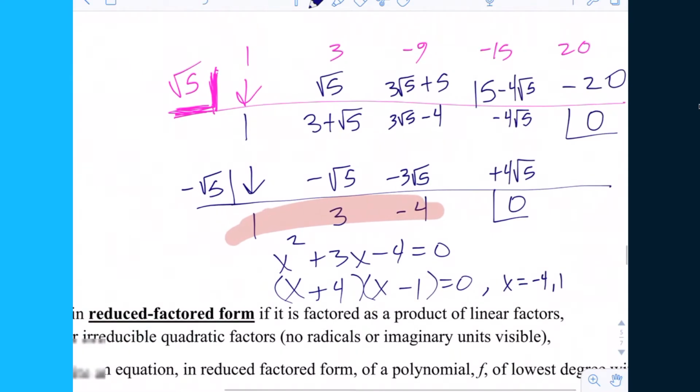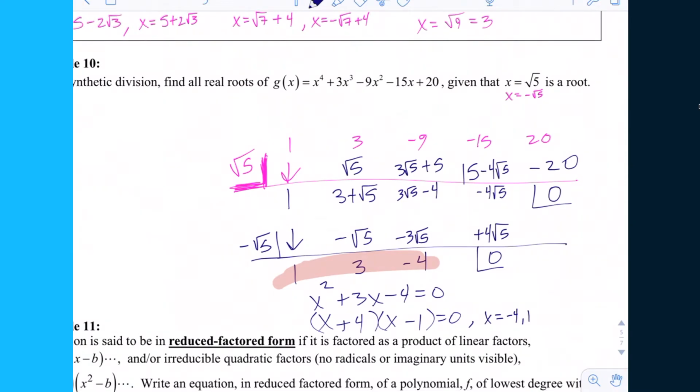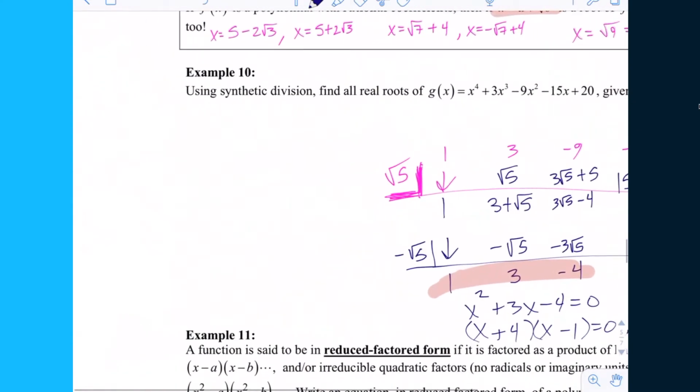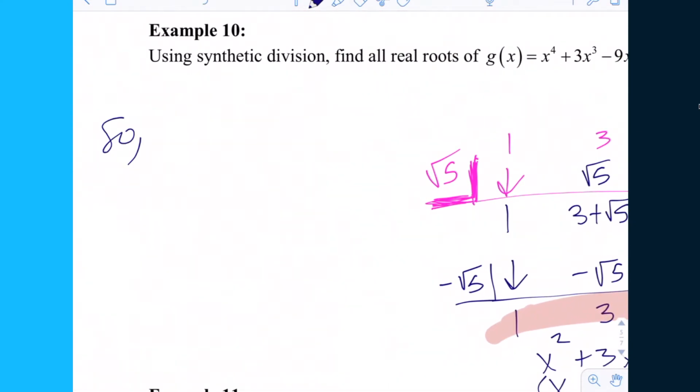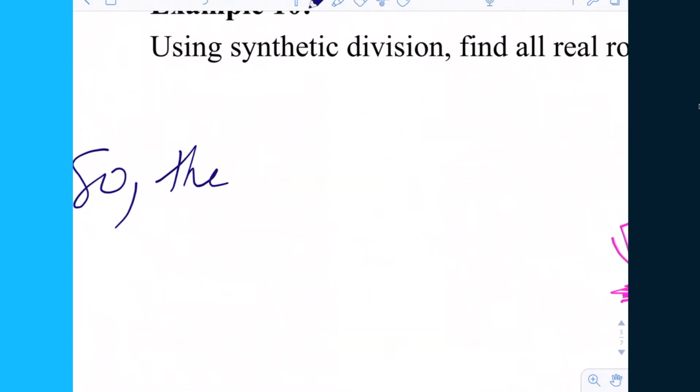So I got 2 roots from there. I got my 2 conjugate roots up there. That's 4 roots. Are we done with the search? Yep, because it was a 4th degree polynomial. Now it said to find all real roots, so let's go ahead and give a summative statement. What's the name of our function? G. So, and you can do it like this now, the roots